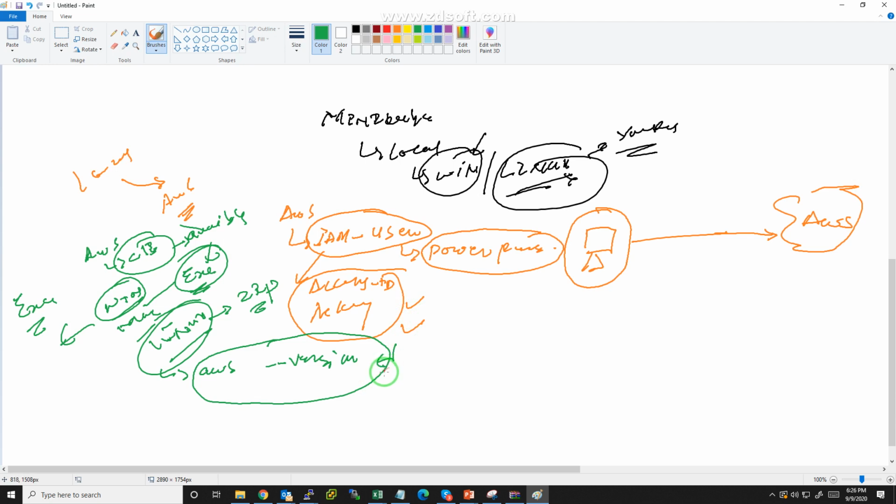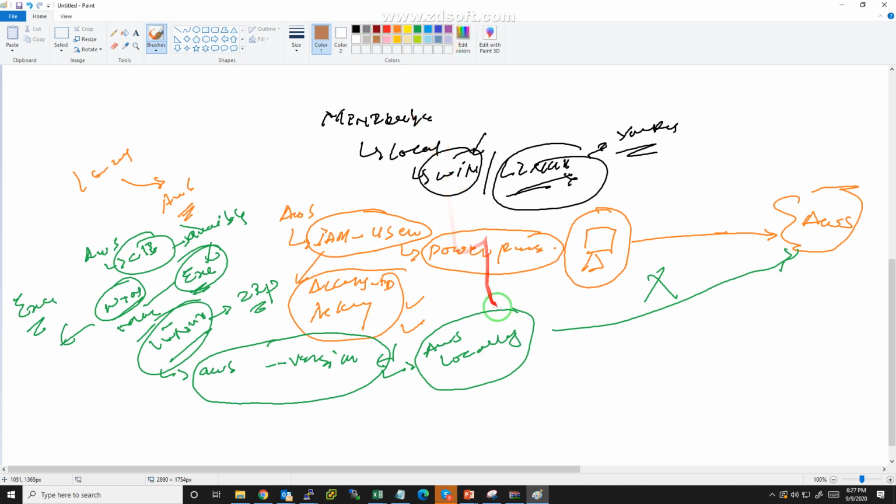After that, AWS CLI is running locally right now. It's not connected to your cloud infra yet. So how do we make the connectivity? For that you have to create an AWS profile.